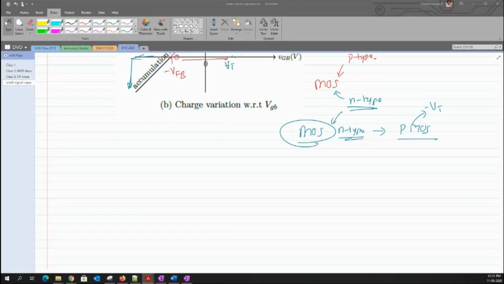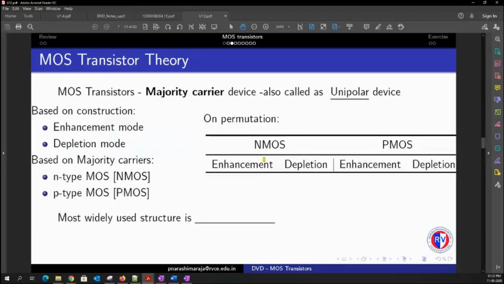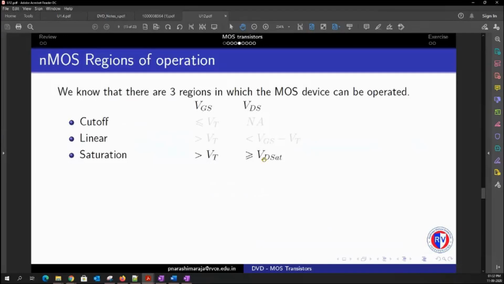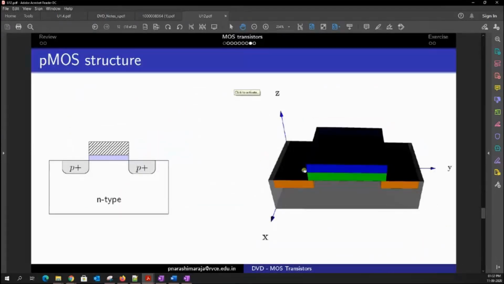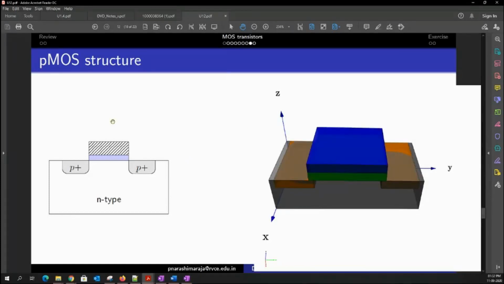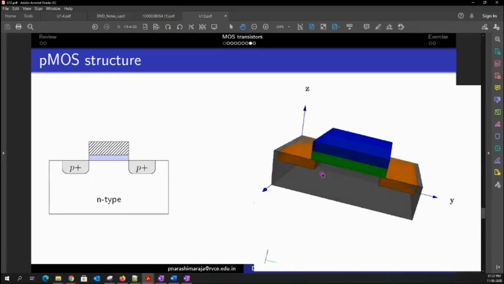For that, I just want to show one thing. Yeah, so this is just the second part of our discussion. The only thing that I wanted to show here is the three-dimensional structure of a MOSFET, okay? Yeah. So now in this case, you could see